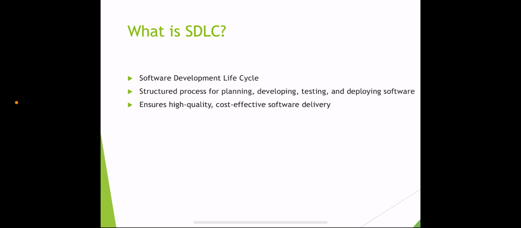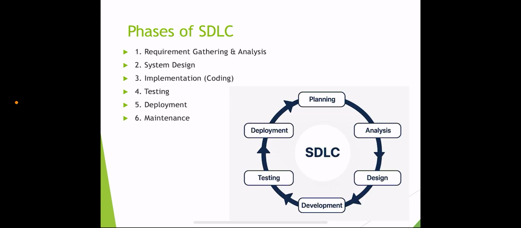so let's talk one by one. Which steps are involved in the software development lifecycle? On my screen, you can see there are six components in the software development lifecycle. First one is planning. You are seeing it in the top most corner. It is planning, then analysis, then design, then development, then testing, and then deployment. Okay, so